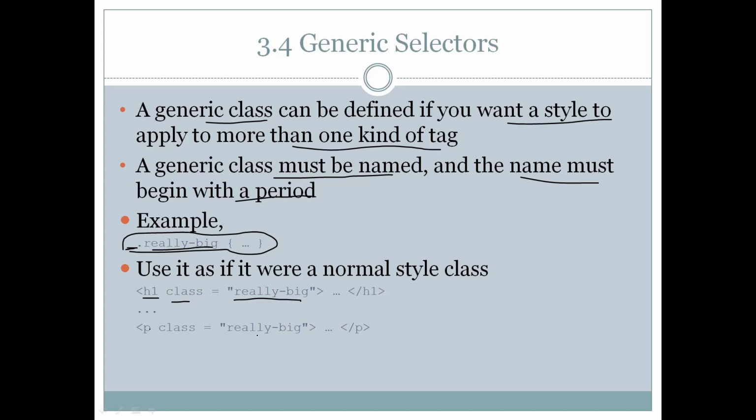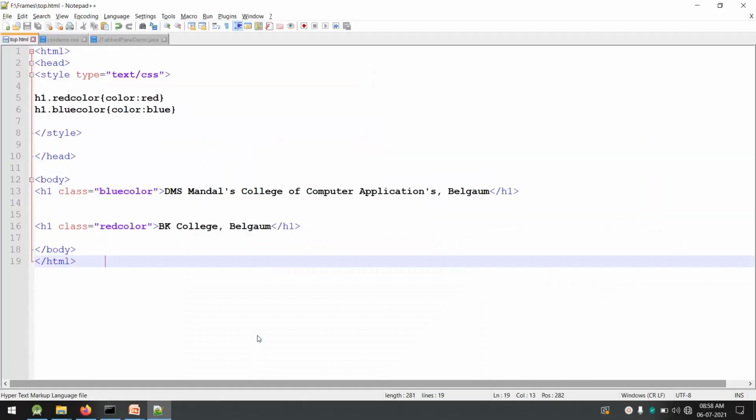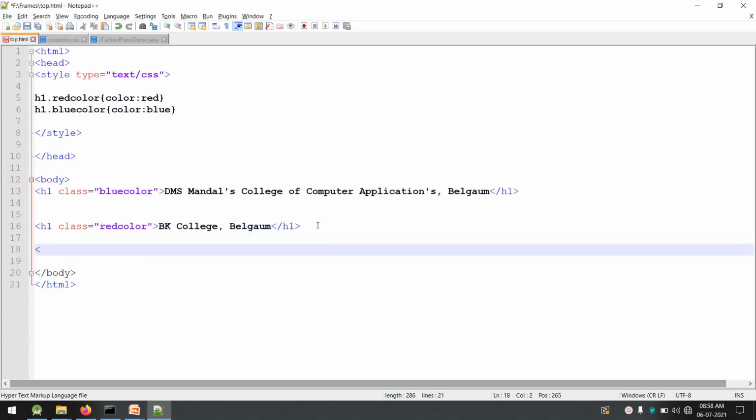Okay, let me show you this. Consider I have one more tag, say h2, and this tag contains BBA.